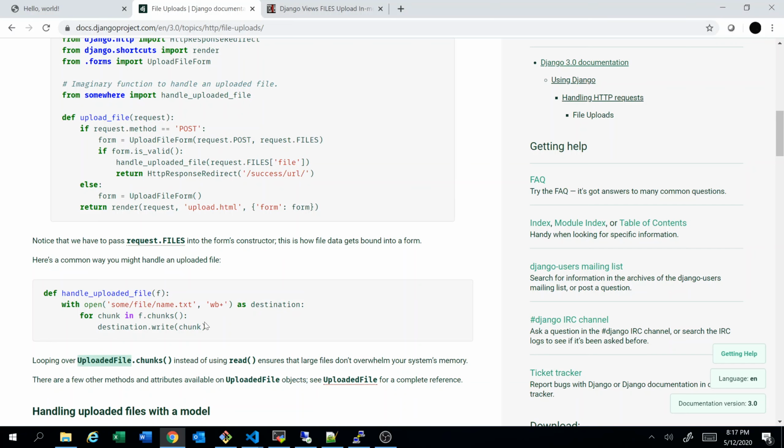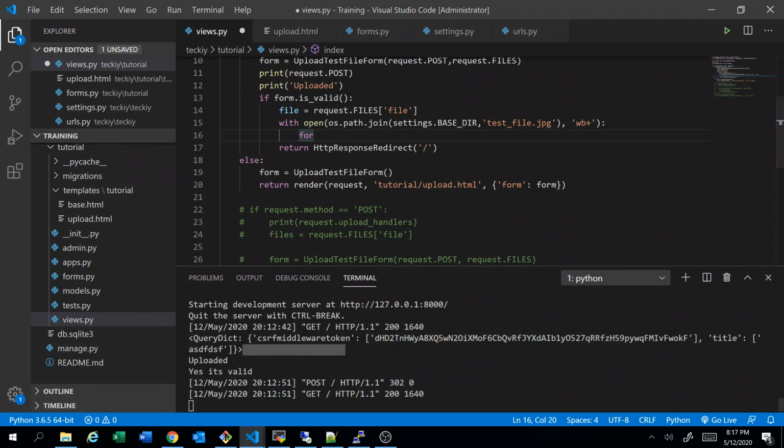We'll see more detail now, but I just want to show you the reference in the file upload document in the Django documentation itself, so that you can refer to it later in case you need anything. Okay, for chunk in file.chunks,